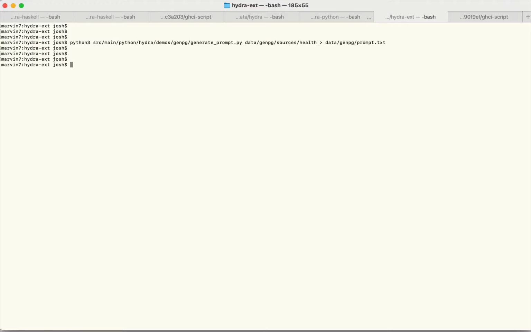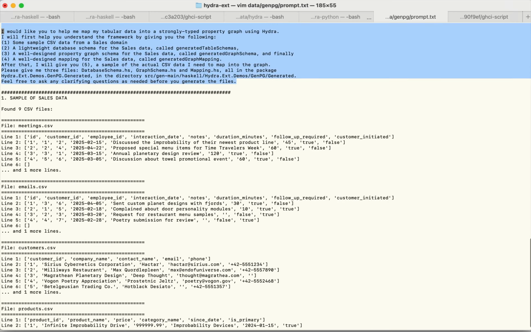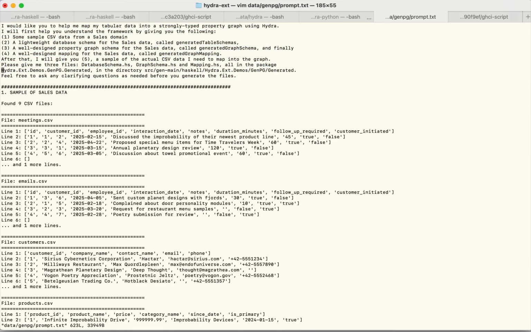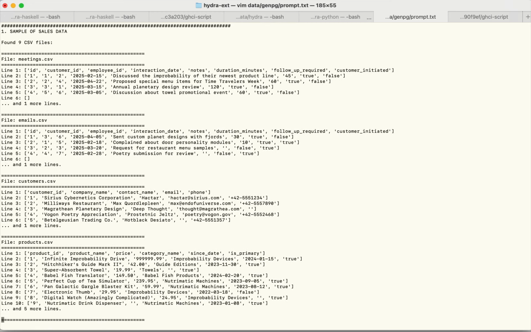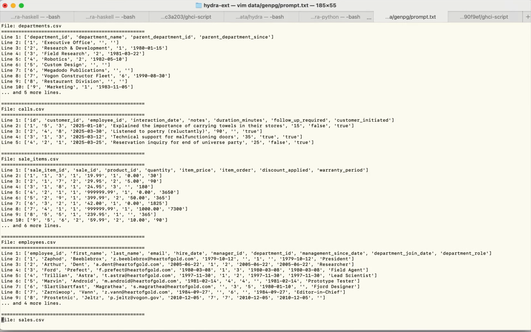and we can look at what it came up with. So data prompt. And here's what the format of that looks like. It's just some instructions, a fairly short set of instructions telling the LLM how to construct the database schema, the graph schema, the mapping, and then it's going to give the sample data, just a few lines of each. So here's that sales data that we saw before, and below that,